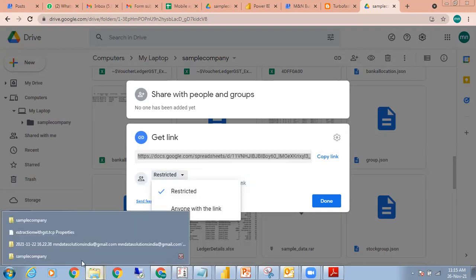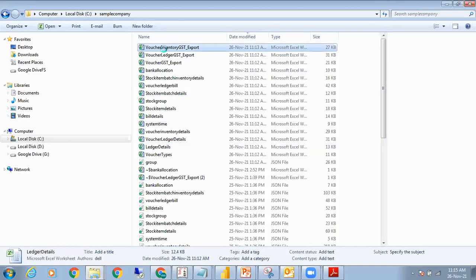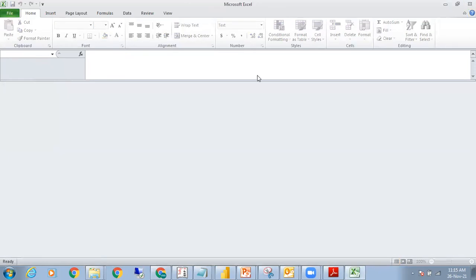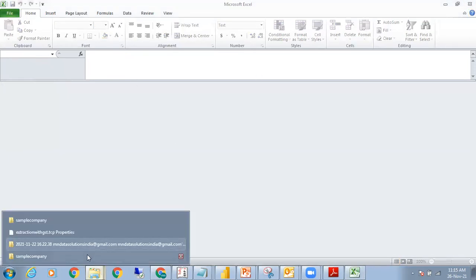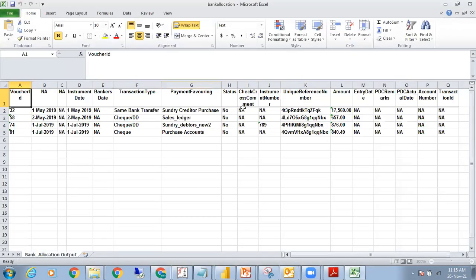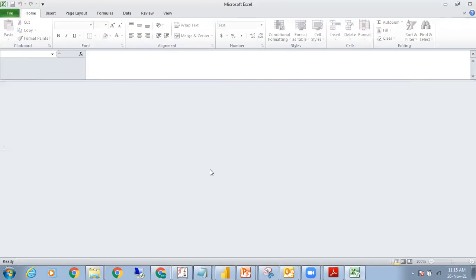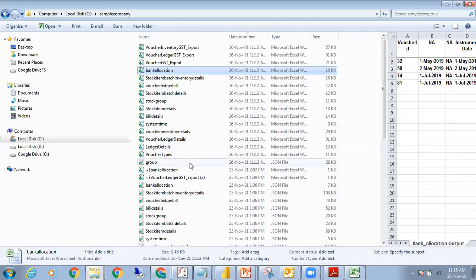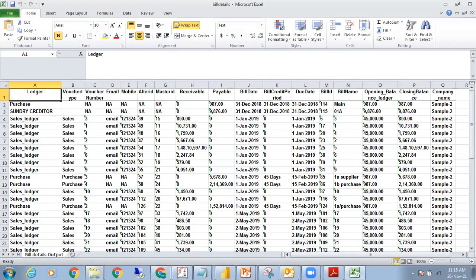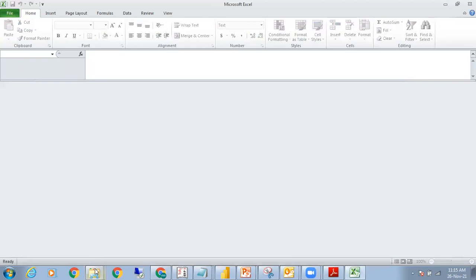So this raw Tally data, which I'm actually giving you, is GST export, bank allocation. So we will give you the complete list. So it'll go through ledger, stock group, bill details, right?